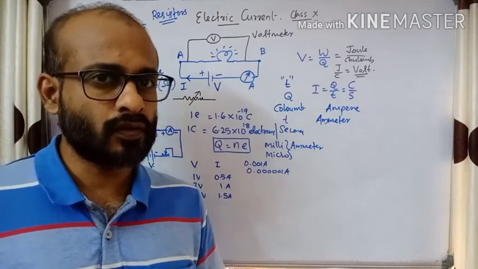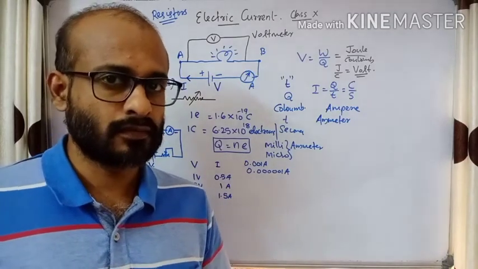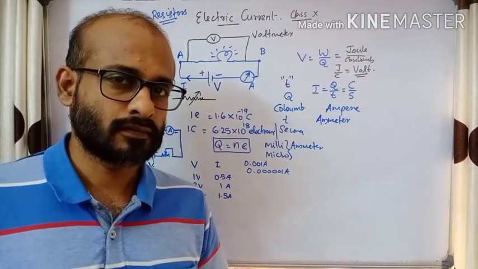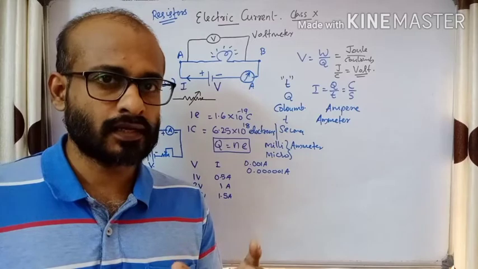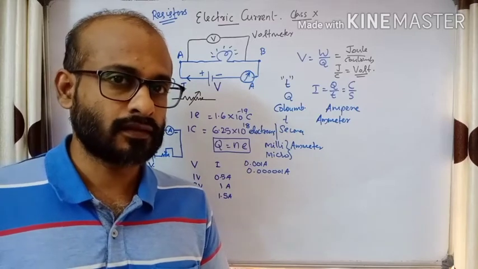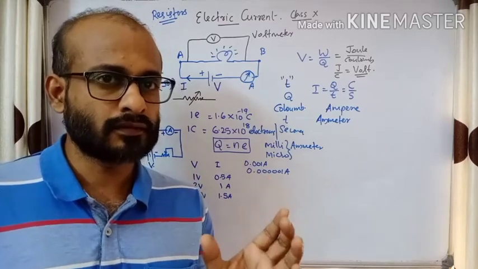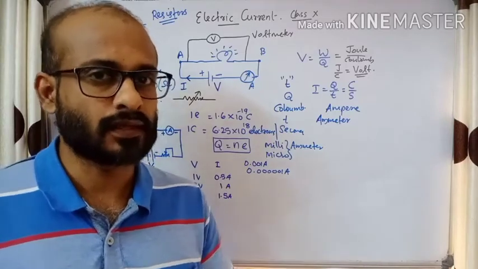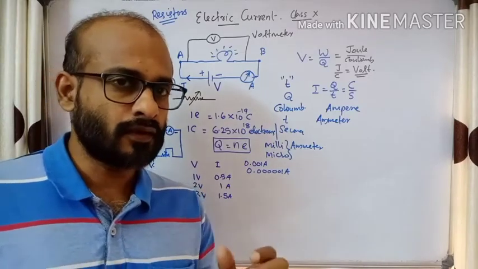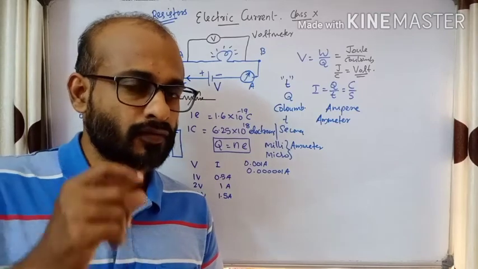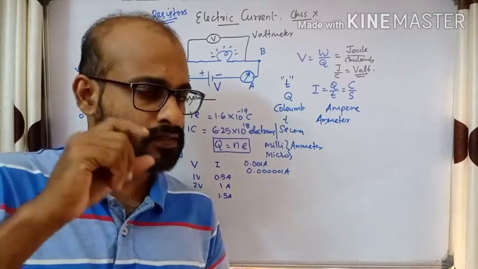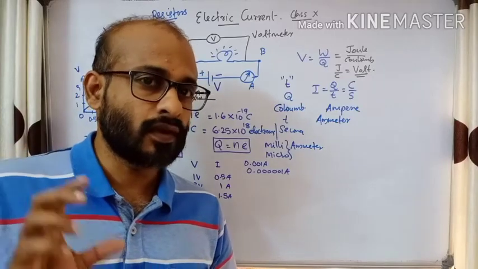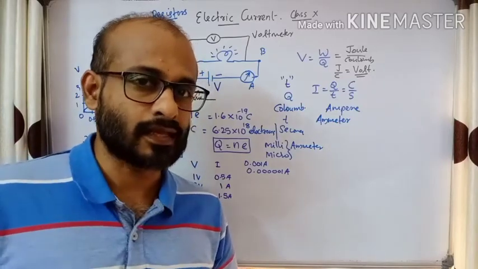To understand that, we can do an experiment. We will increase the length of the conductor. We will use different conductors, same material, different length. First, we will take 1 meter length, 2 meter length, 3 meter length. It is seen that the resistance increases. Then we will use same material, different area of cross section. We will use thin wires, thick wires, or different area of cross section. It is seen that when thickness increases, resistance decreases.